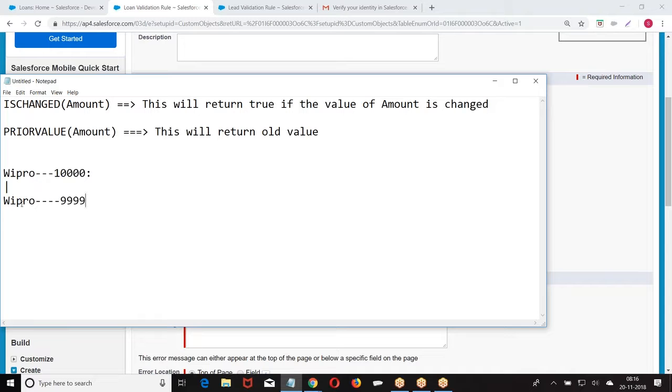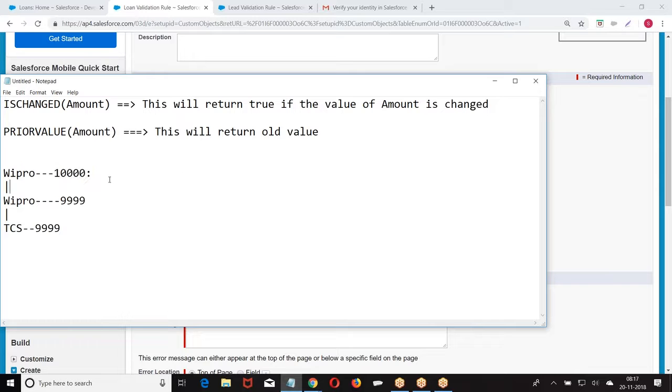Now the record is modified. Here also the record is modified, here also the record is modified. But I want to check whether the amount is modified or not.